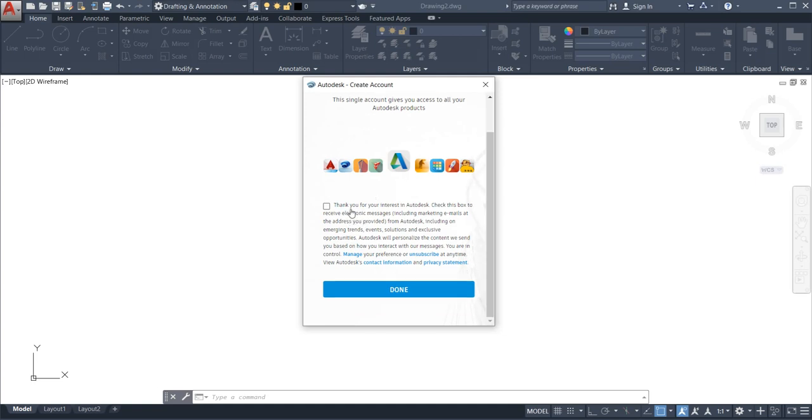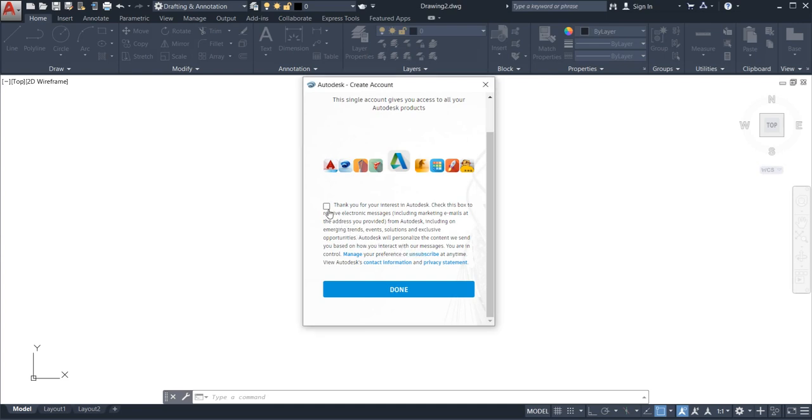So here you can see, thank you for your interest in Autodesk, check this box to receive electronic messages, including marketing email at the address you provided, meaning mail from Autodesk on emerging trends, events, solutions, and exclusive opportunities. Autodesk will personalize the content based on how you interact with the message. No need to read all of this.